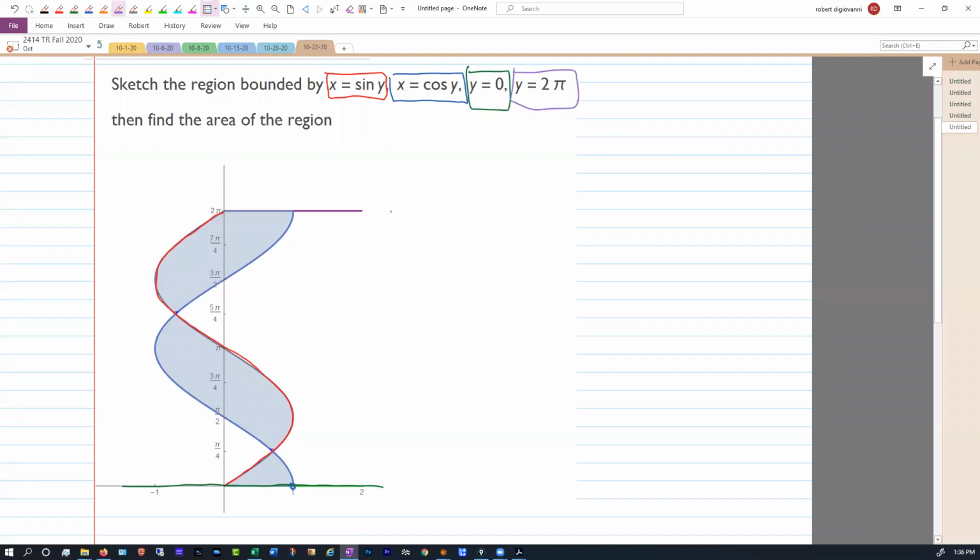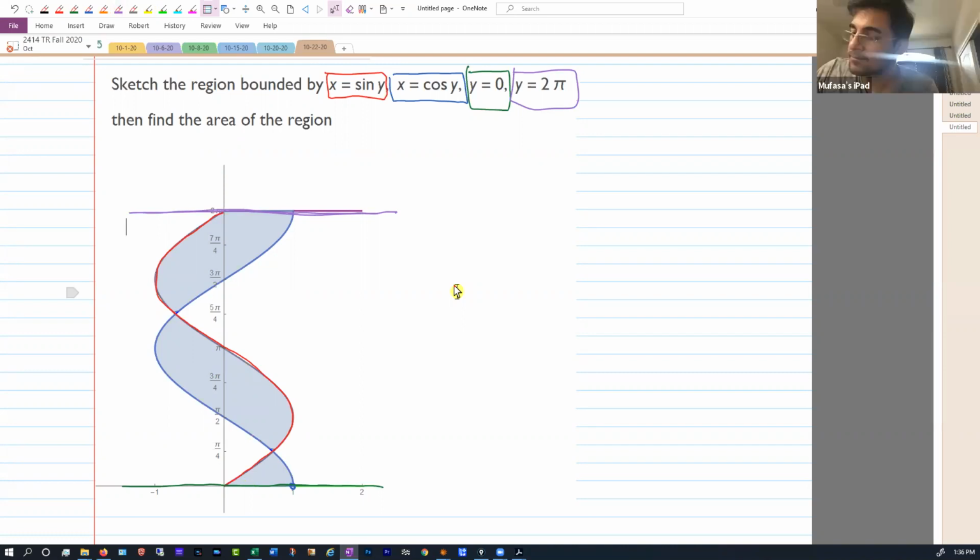We want the area of this entire region, everything together. So does someone see what we're going to need to do? Do y'all see what the separately? Like we break it into different parts and do the horizontal rectangles. Yeah, and then we have to do horizontals. We have to do horizontal rectangles